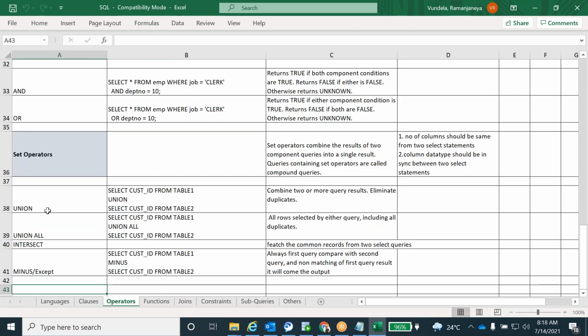Next we'll go for the set operators. This is very important, guys. From an interview point of view, they will ask more and more questions and scenarios on set operators. Even in real time we work with set operators. So what are set operators? For example,